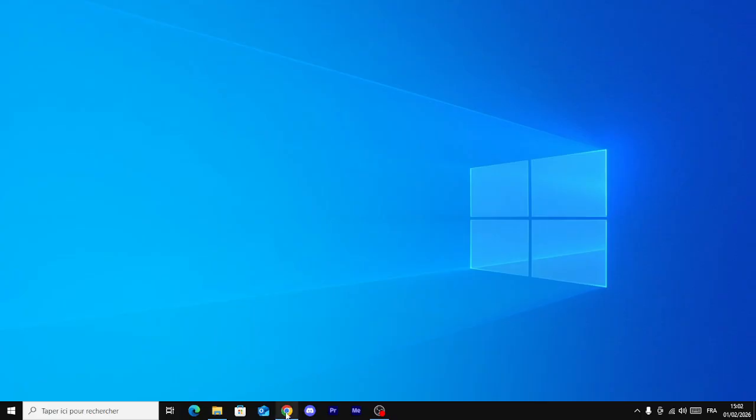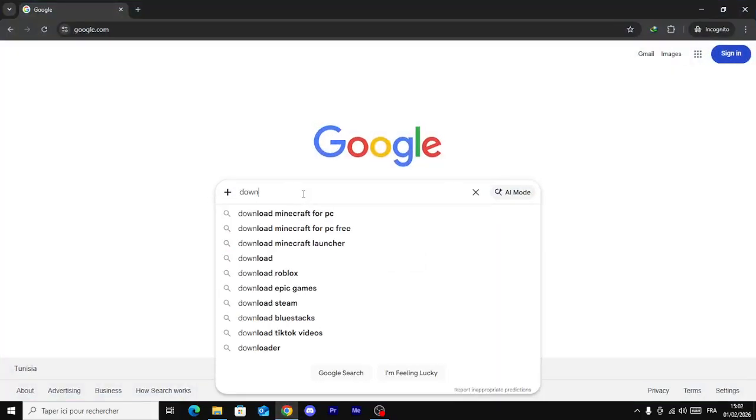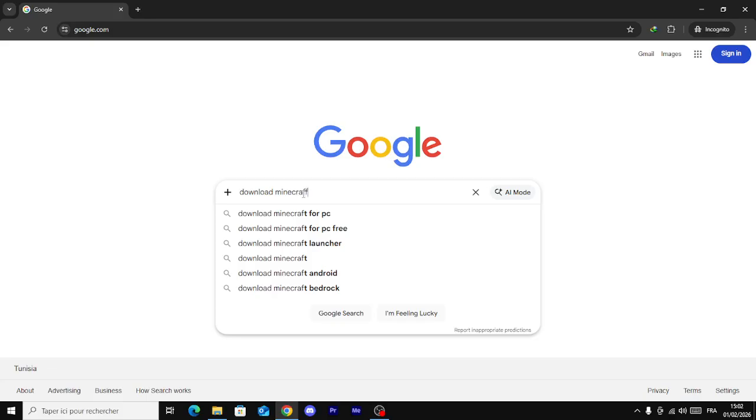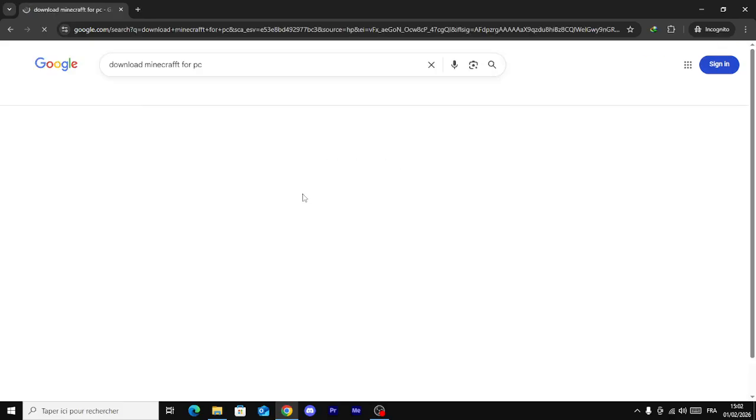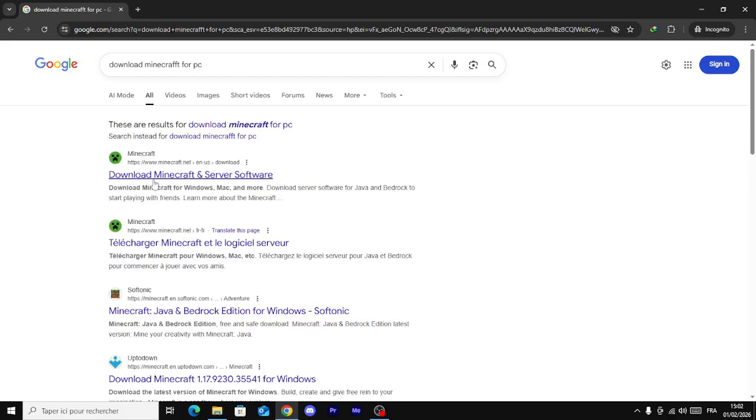First, open your Google Chrome and go to search and put download Minecraft for PC or for laptop, whichever you want. Okay guys, now go to download Minecraft server software. Okay, click,